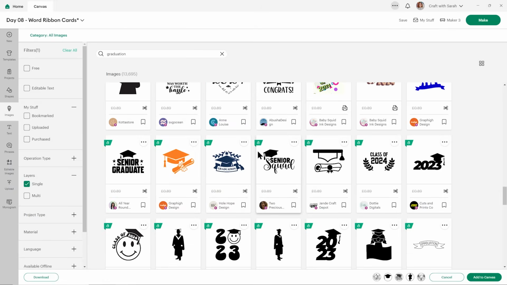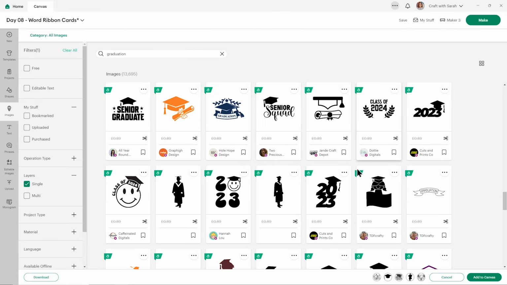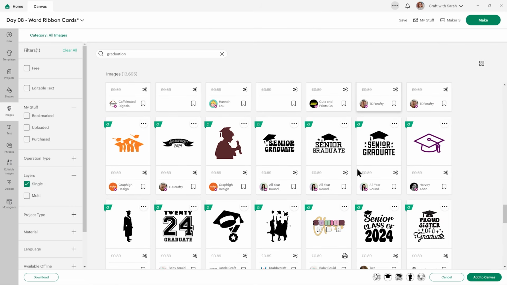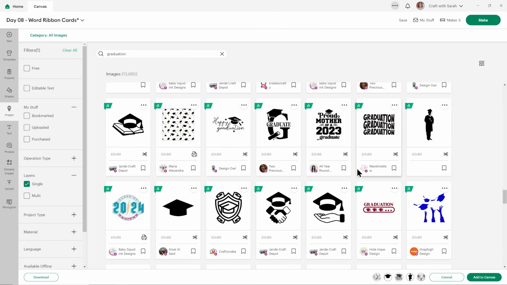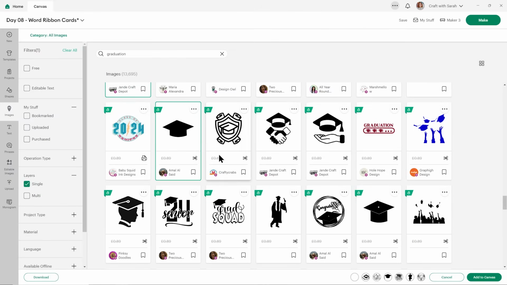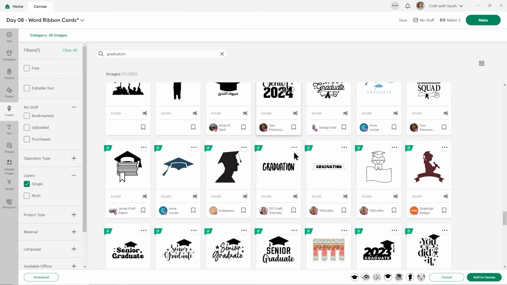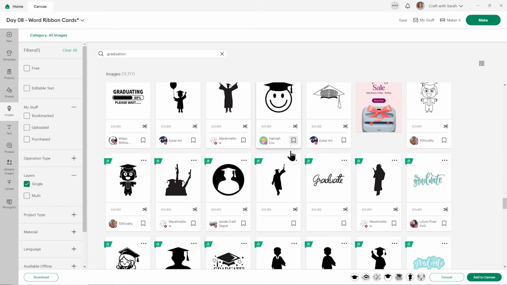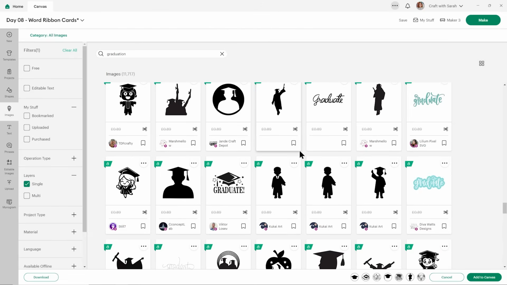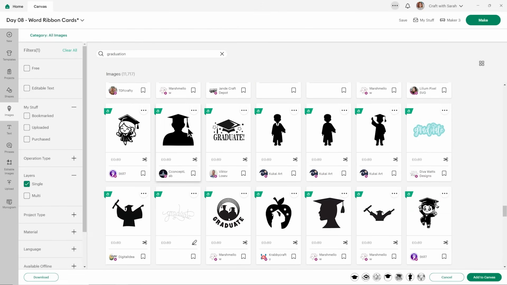Okay, I'd quite like a nice scroll or diploma where everything is touching. That's what I'm just looking for now. That would be a good one. That's quite nice and simple. Maybe that or that as an alternative for the person.